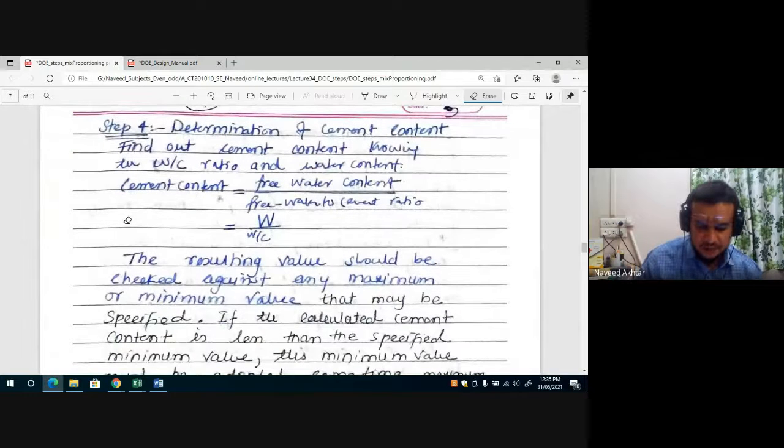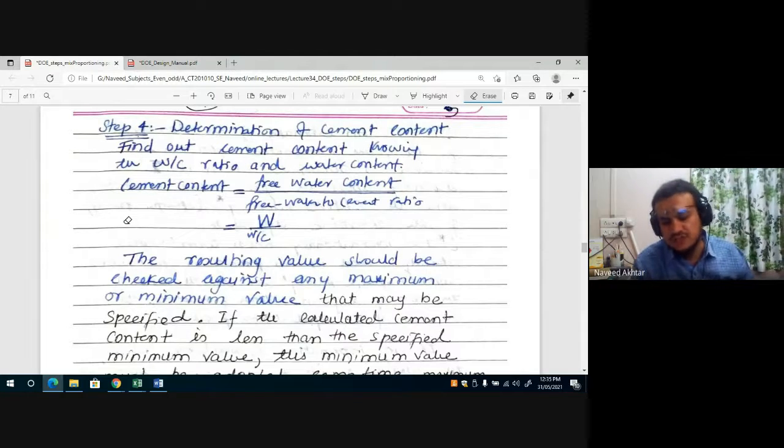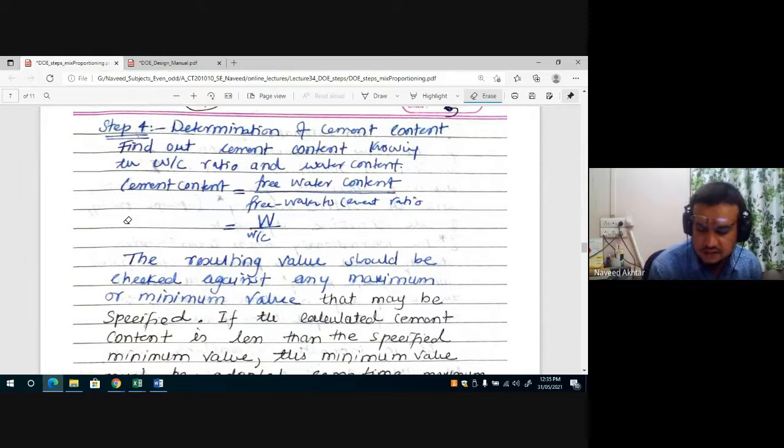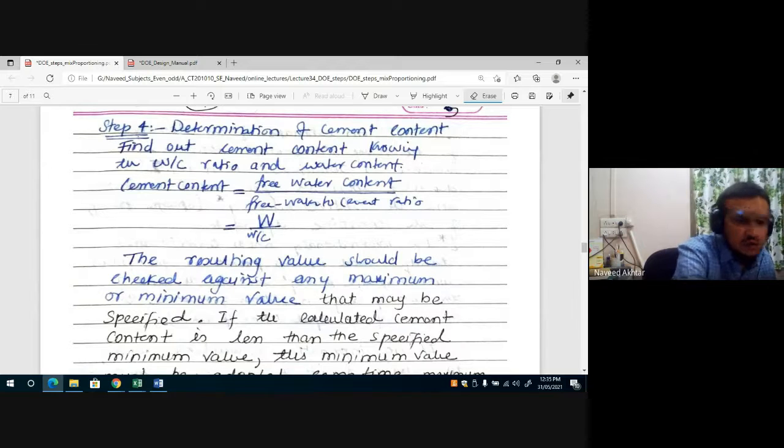Now will come step number 4. Step number 4 is nothing but determination of cement content. Find out the cement content, knowing the water to cement ratio and the water content. Because in step number 2, we know the value of the water to cement ratio. From step number 2 you can find out this value, the free water to cement ratio,